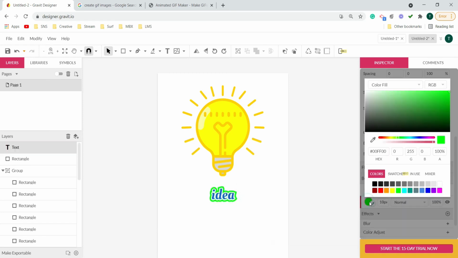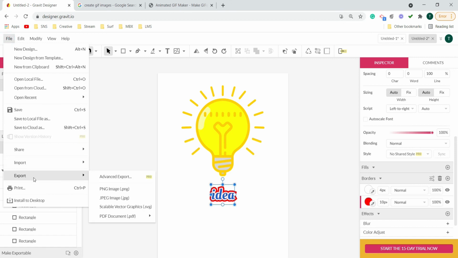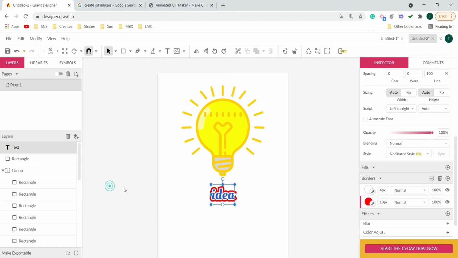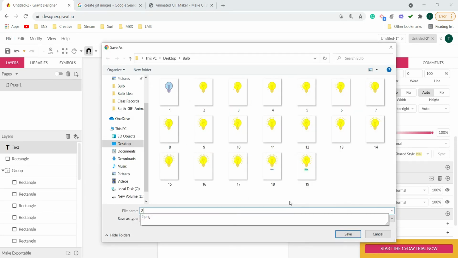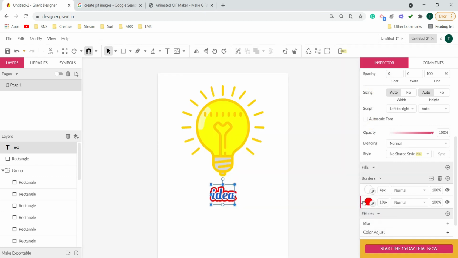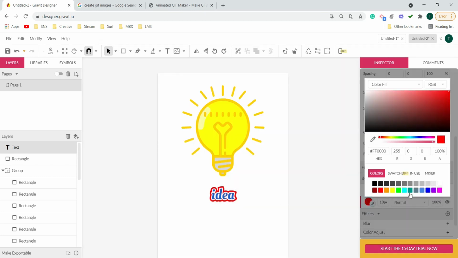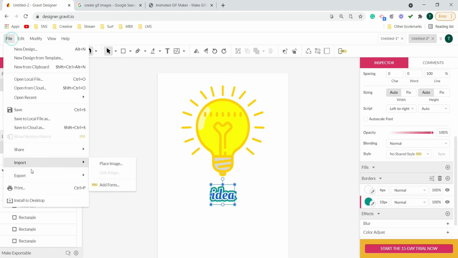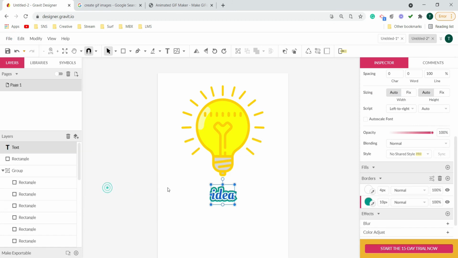So I have taken green, let's take red, number 20. Let's take this one, 21.